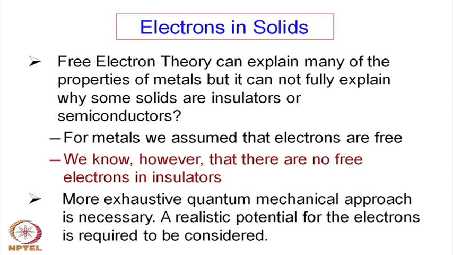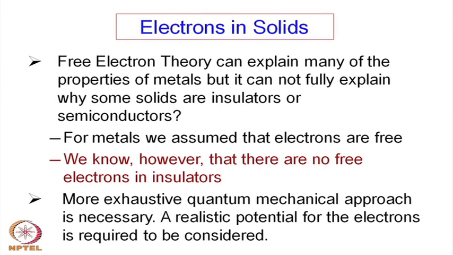The electrons which we assume are completely free may not be so. So, a more exhaustive quantum mechanical approach is necessary. A realistic potential for the electrons is required to be considered. If we remember, in the free electron theory we have considered that the potential is constant. So, the electron is moving in a constant potential, which is fairly low or negative potential